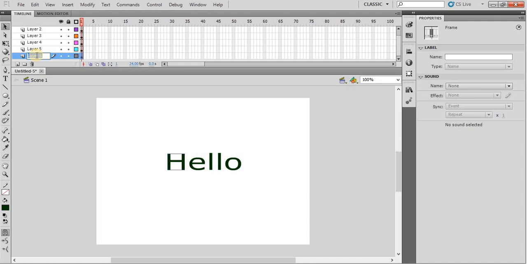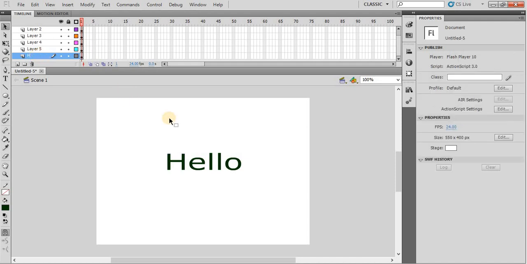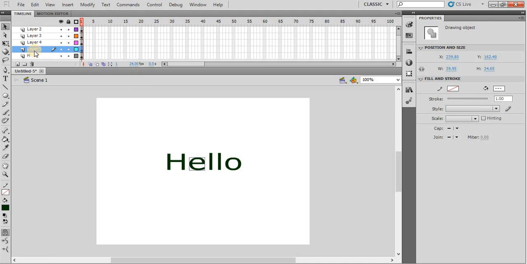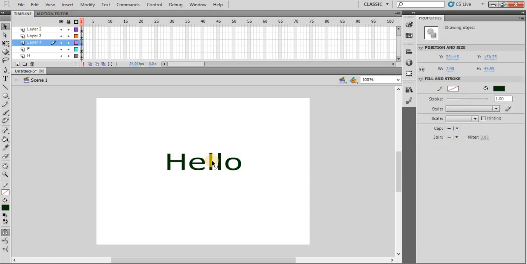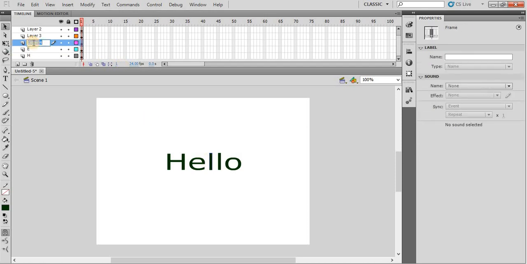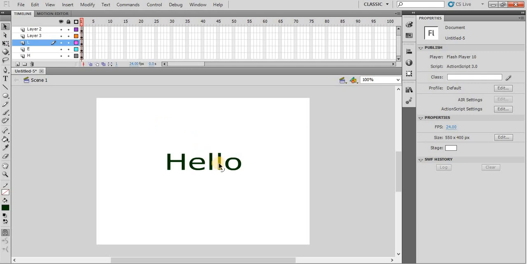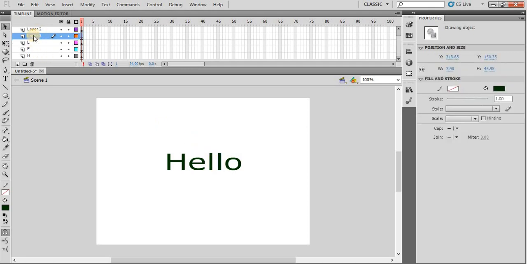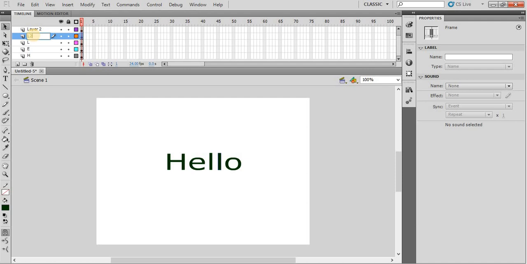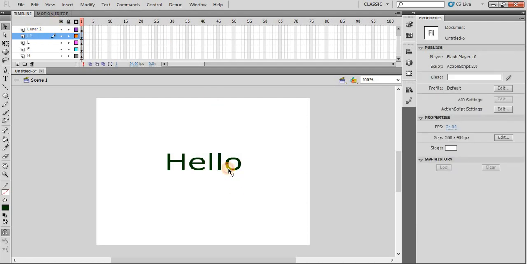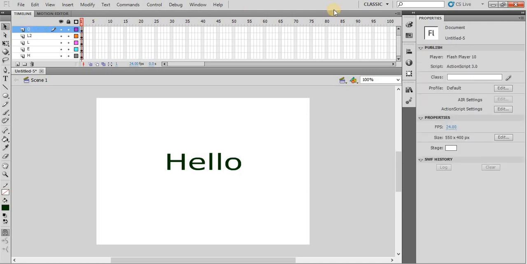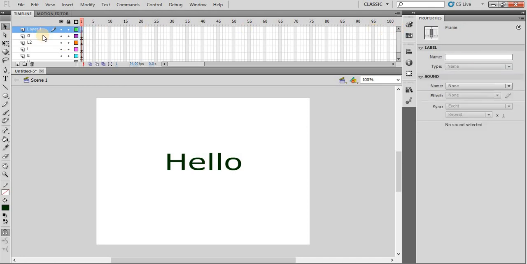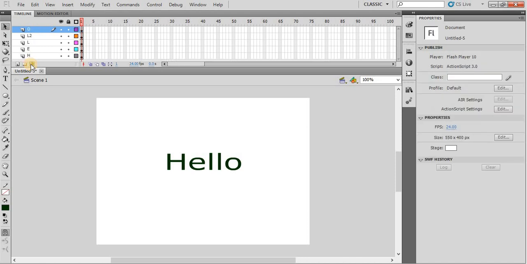So we will rename this layer to H, and then select this E letter, change the layer name to E. Select this letter L and change the layer name to L. Select this letter L and change this layer name to L2, then O. So now we will have an extra layer, which is the first layer. So no need for this layer, delete it. Fine.